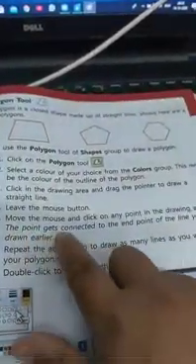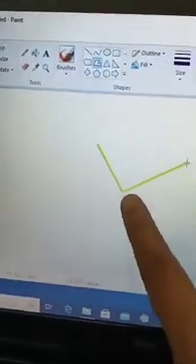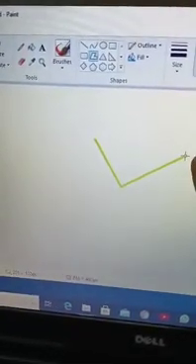The point gets connected to the end point of the line you had drawn earlier. Is it clear? I had drawn it till here, but when I put the mouse pointer here, the line was automatically drawn, okay?